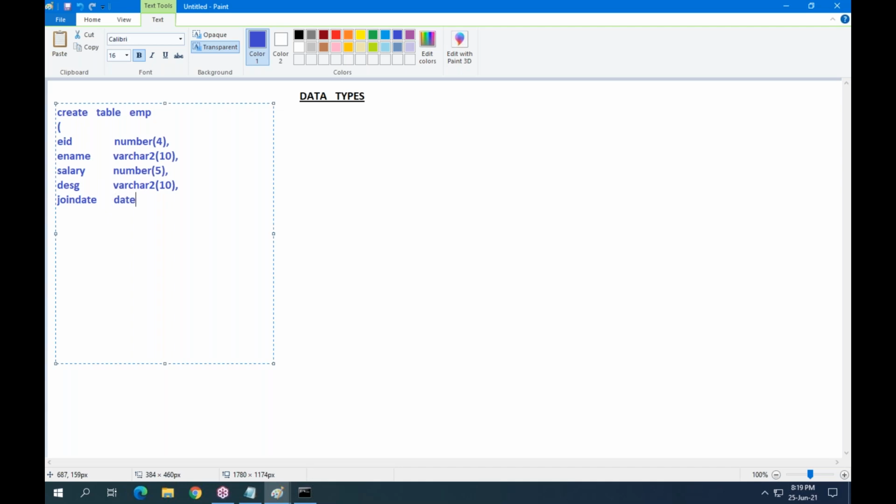Next, employee phone number, number type data. Mail ID, character type data. Employee photo is a long raw data type, or simply raw data type.